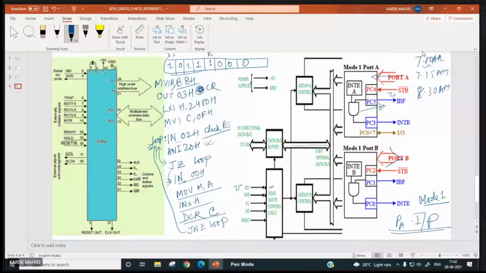IBF will be made 1. Now, if INTE is made 1 by the processor already, then this PC3 will become 1. And this pin can be used for interrupt purpose, interrupting the processor.